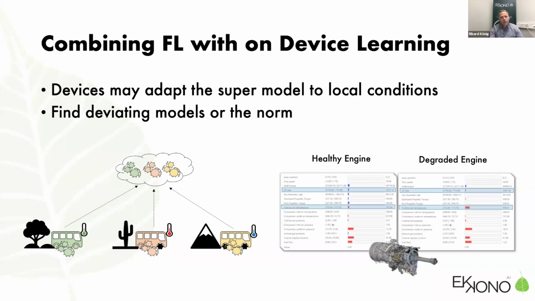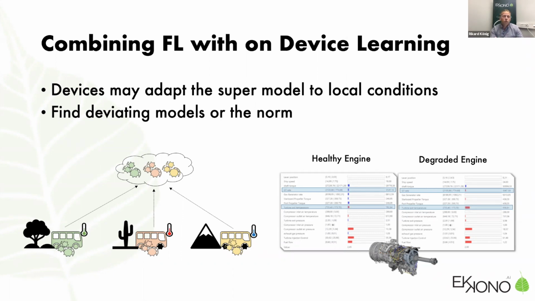And that makes sense, because if we said from the beginning that the devices reside in different environments and may have different configurations, the models should be different for each device, but you still want to learn among the devices. And if they can adapt the model on the device and then get a new supermodel adapted to the device, you can have the best of both worlds. So you can have a tailored model that can learn from the other devices.